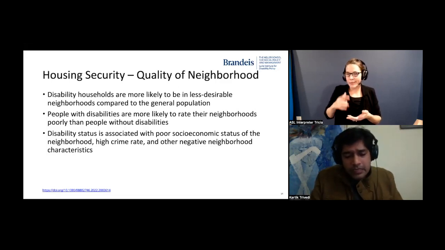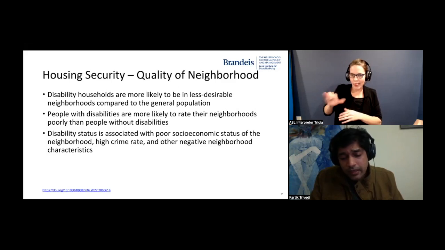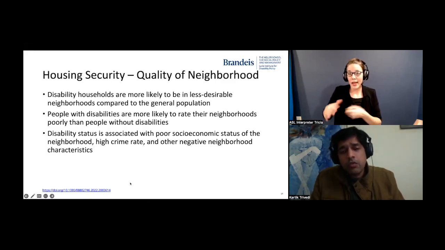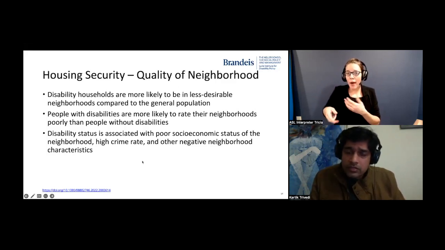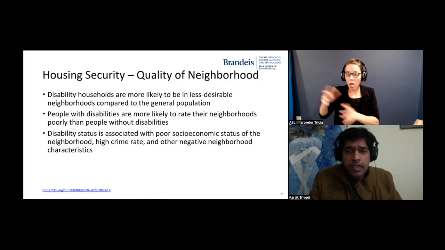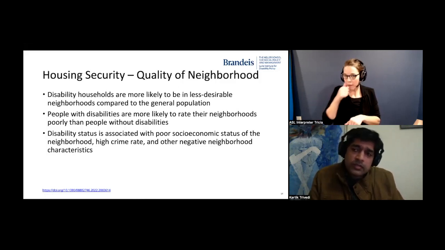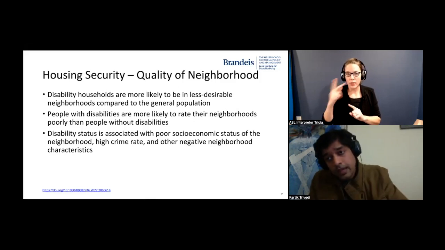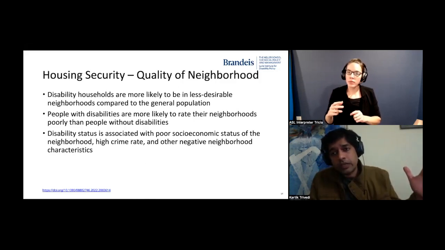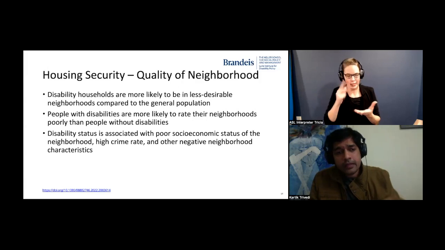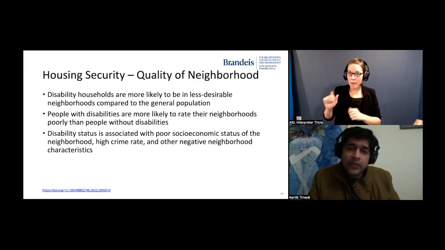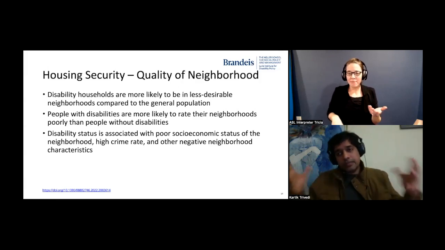What that translates into is a neighborhood where there is a high risk of petty or serious crime, and a high risk of natural disasters. We also see throughout years of the American Housing Survey that people with disabilities are more likely to rate their neighborhoods poorly than people without disabilities. And so finally, the picture that sums it up for us